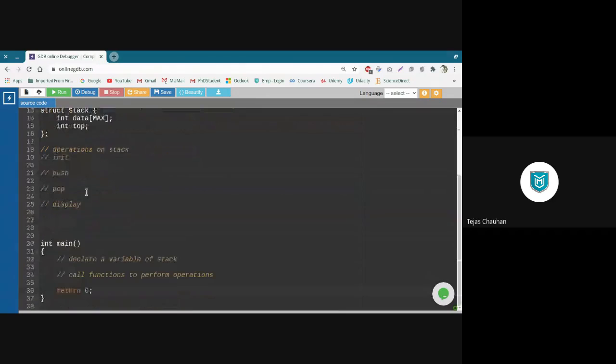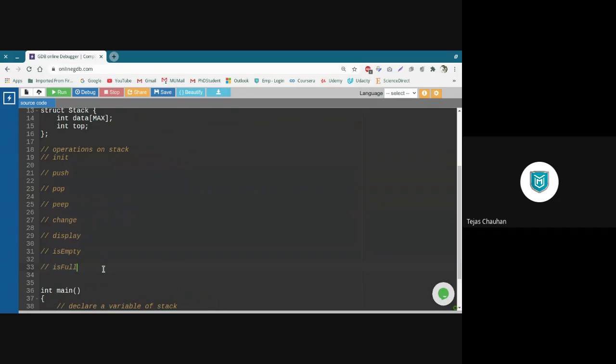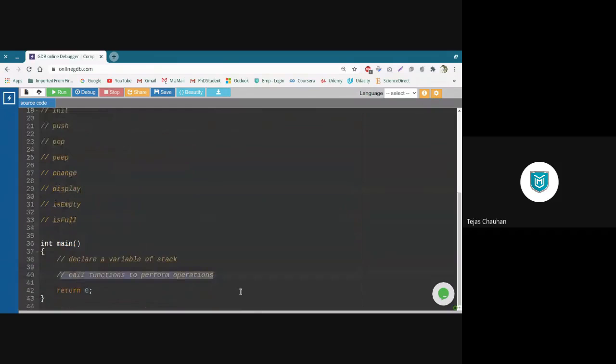Then peep operation, change operation, is empty to check whether the stack is empty or not, then is full to check whether the stack is full or not, and so on. So these are the operations we can define on a stack, so that whenever you want this kind of functionality, you can call these functions. So we are going to define these functions, and we can call those functions at this place.